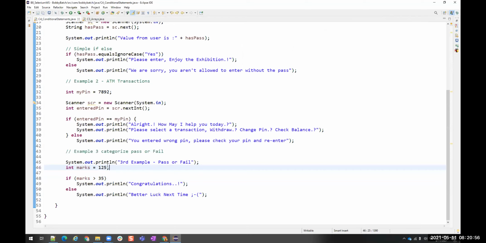Are 125 valid marks for 0 to 100? No, right? So 125 is not valid, but it is going to give us congratulations.